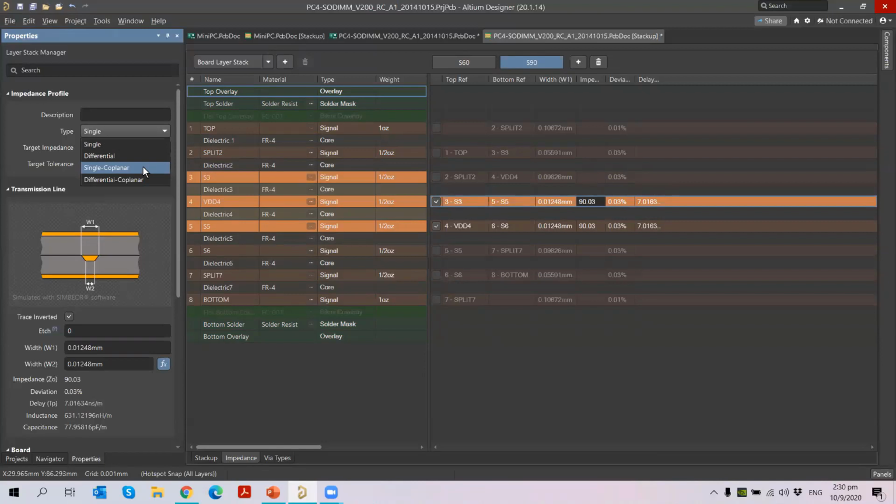This coplanar is a new feature which was introduced in Altium Designer 20. Okay, actually what a coplanar transmission line is, if you want the transmission of your signal to be smooth in your network, the network impedance should match with the source and the load impedance. Okay, if they match, then it will achieve the coplanar transmission line. Okay, you can use that, but now for my case, I just use this 15 ohm, and then I try with the target impedance of 90 ohms. So when I set it here, automatically you see the width has been changed.